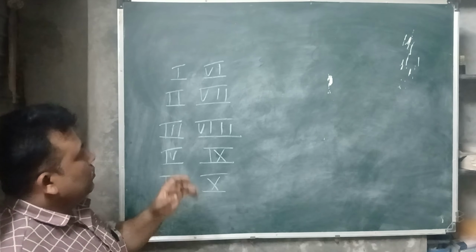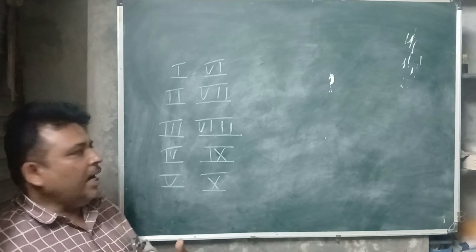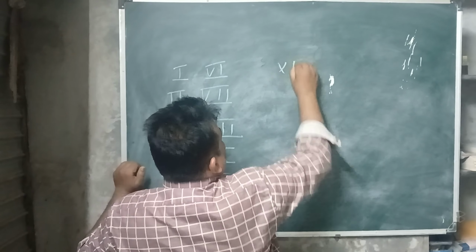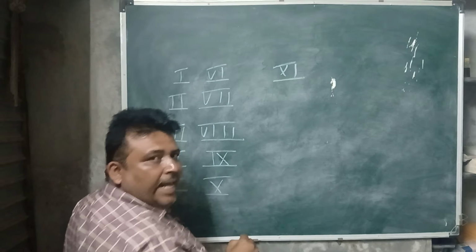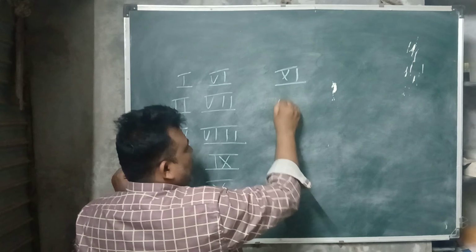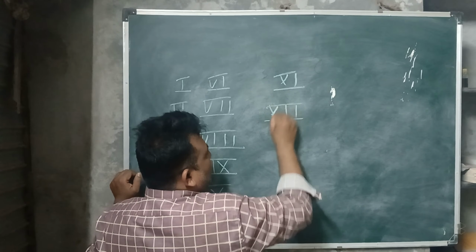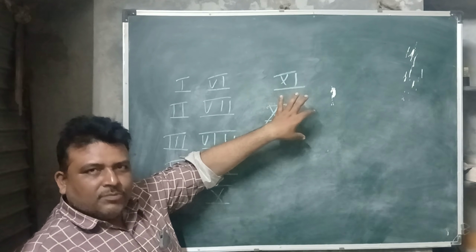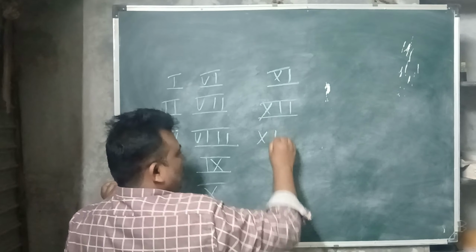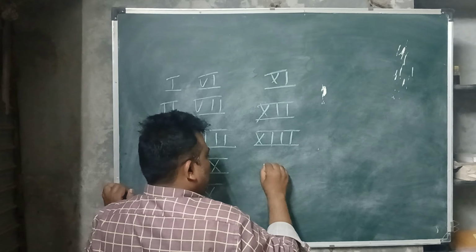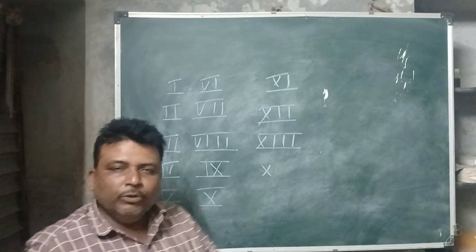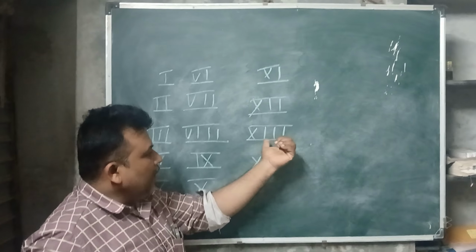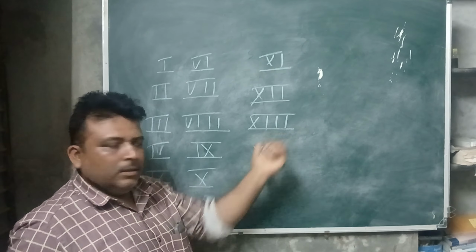Okay. Now I will teach you how to write 11, 12, 13 like that. If I write 1 with 10, it will be 11. If I write 2 with 10, it will be 12. This is 12, if I add 2 to it. After that, this is 13. And I'm going to teach you a very important thing, how to write 14. This one, 13, is easy to write, right?